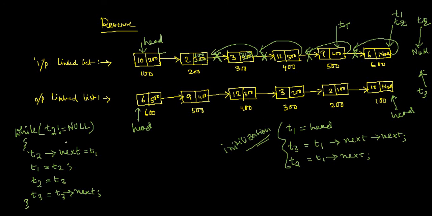So that means after completion of this loop, you must write head equal to something. What should you write? You see, head is basically pointing to the node which is 600, right? And 600 is pointed by what? T1. We have seen that. So that means you can write head equal to T1. Then only now head will point to this node. It will no more point to this last node.